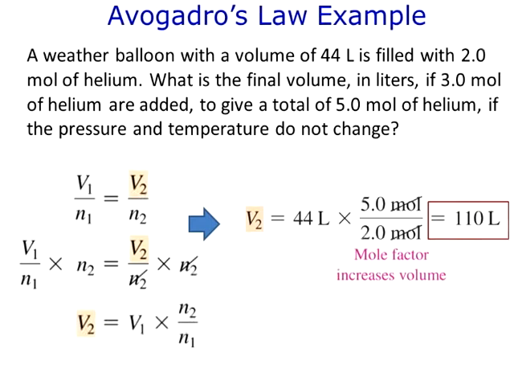My final volume is not 3 moles, it's 5 moles for the total volume. Watch for that in the problems, because you look at it, you say, gee, I have 3 different variables for moles, but actually what you're interested in is what's the final. So we add the 2 plus the 3 to get 5 for the final. Watch for that in working problems with Avogadro's number. The common mistake is to try to make that 3 become the answer. It's additive. You have the 2 moles plus the 3 moles.